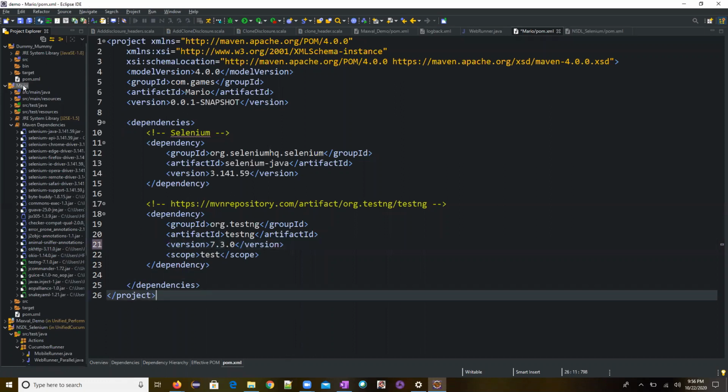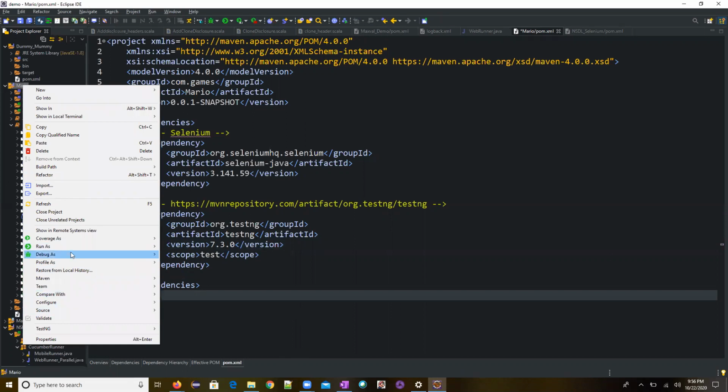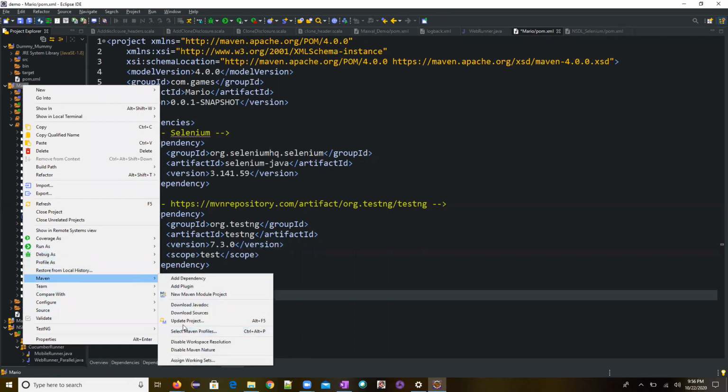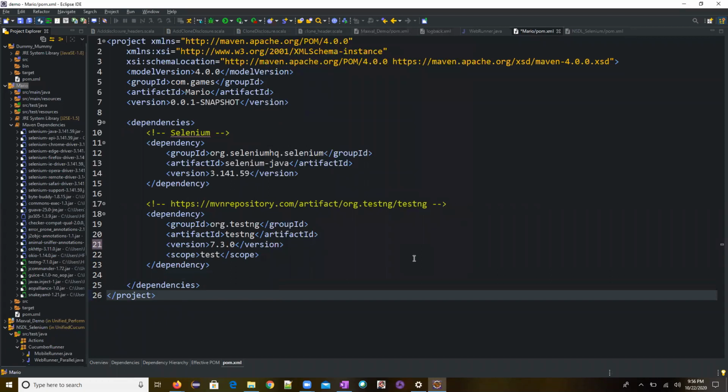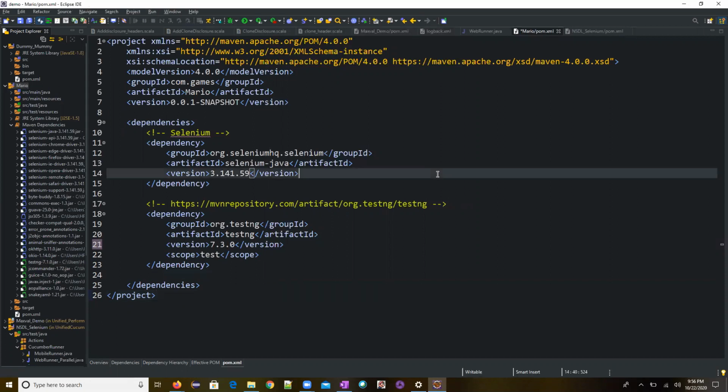Now, once again, go back, Maven, Update Project. It will not update here, because you did not save the file. Sorry. See, it updated to 7.30. Have you seen it, right?